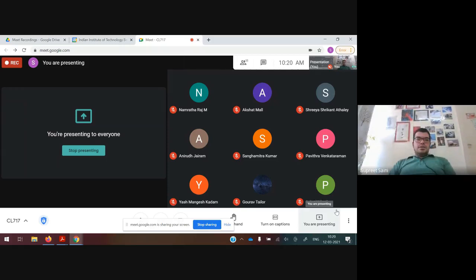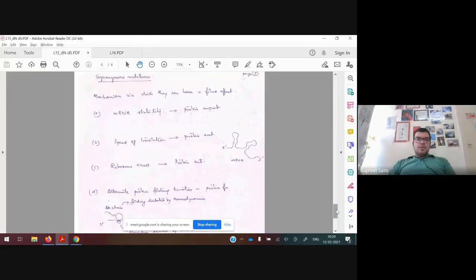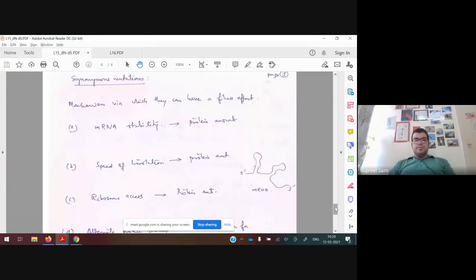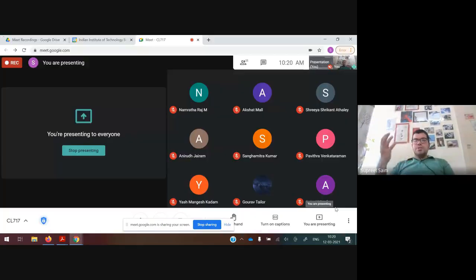And there has been a lot of evidence in the last 10 years that synonymous mutations actually are not neutral. I'm just listing some of the mechanisms that people have discovered where synonymous mutations are actually not neutral at all, and they have adaptive value. And there have been some experimental evolution studies also.